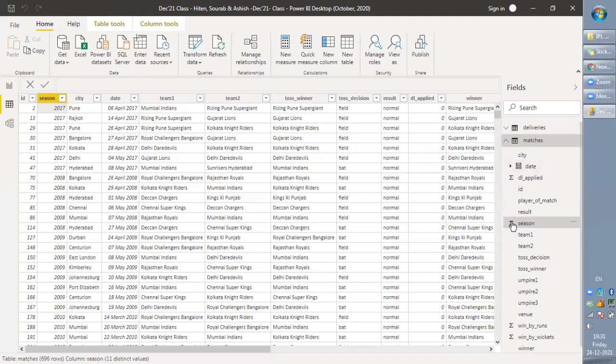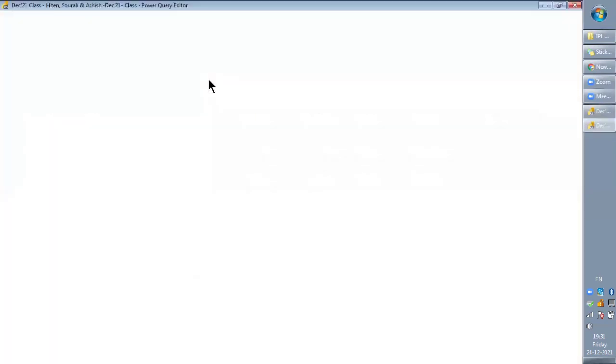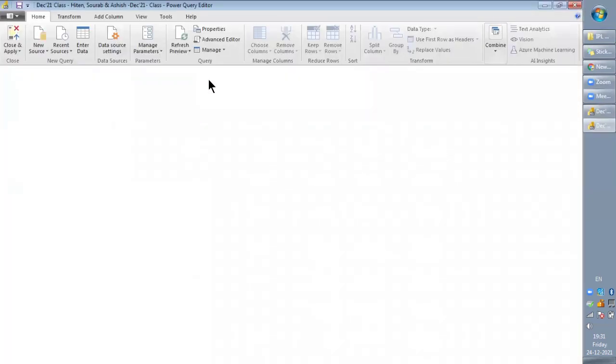This symbol is of number. These small things are very important to know how we can use the data. If we go into the query editor, we can change the data type.